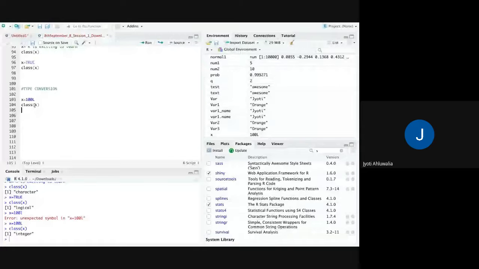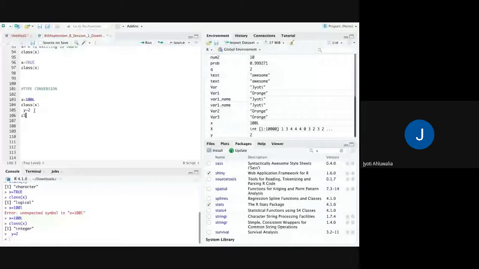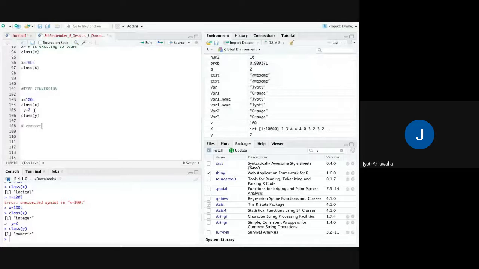And I say y is equal to 2. And I ask the class of y, it is a numeric class. Now I'm going to convert the class from integer to numeric. Why do we need this?